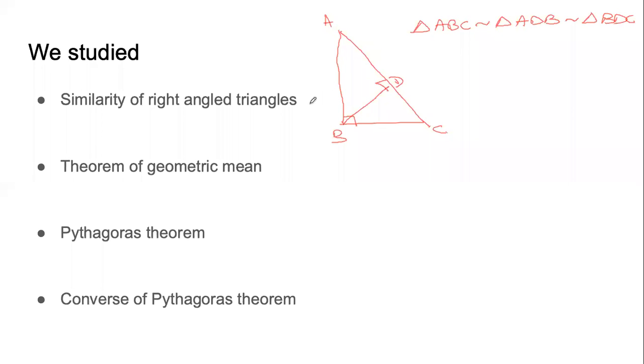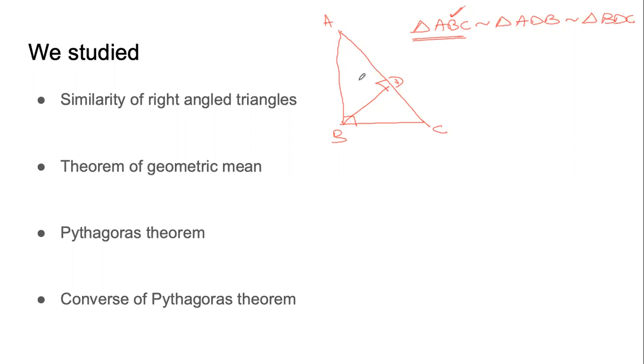When we study it for the first time, we find it difficult to remember the correct order, but we need to remember the correct order. With practice, we will figure it out. Just notice once again how I write it. I start from the bigger triangle and I follow the alphabetical order, keeping the right angle in the center. So when I say ABC, it's very easy.